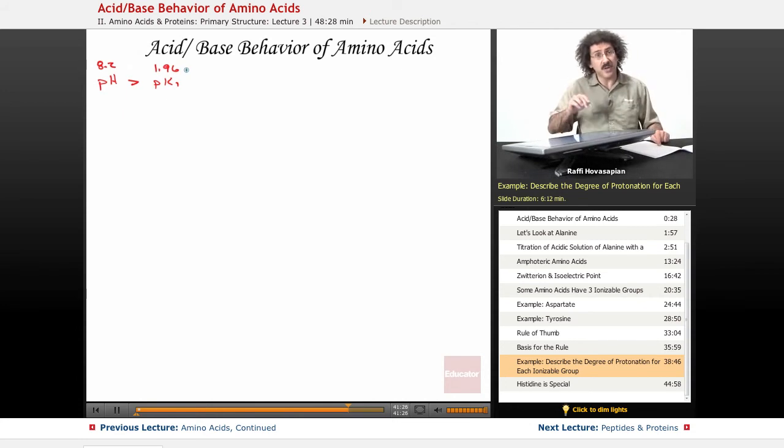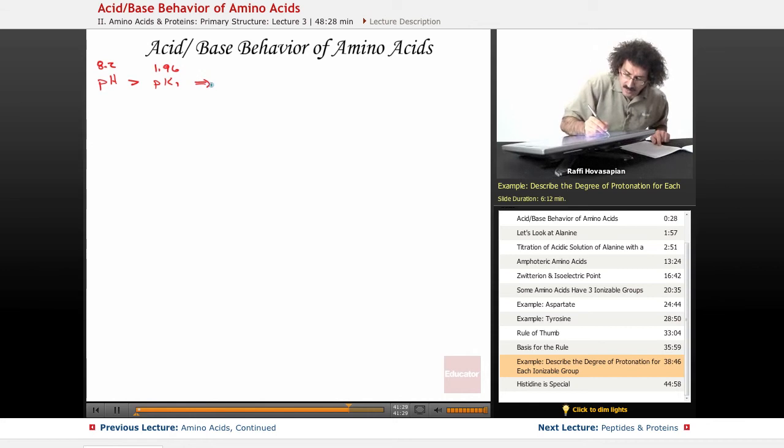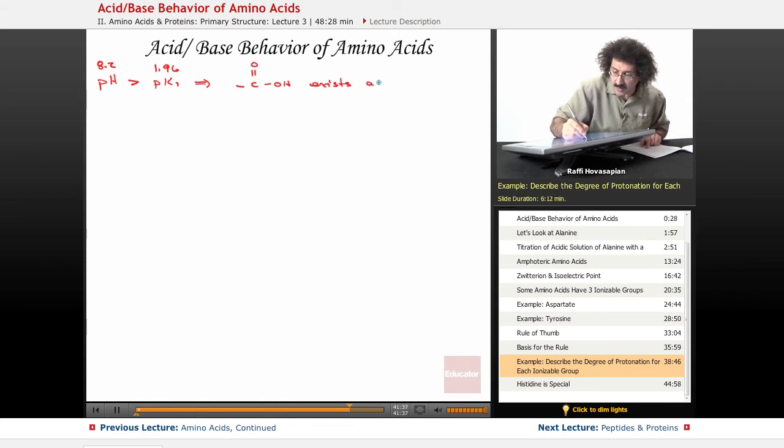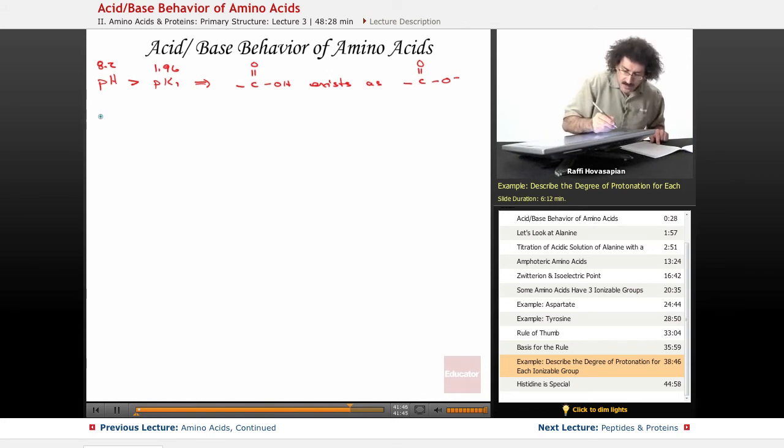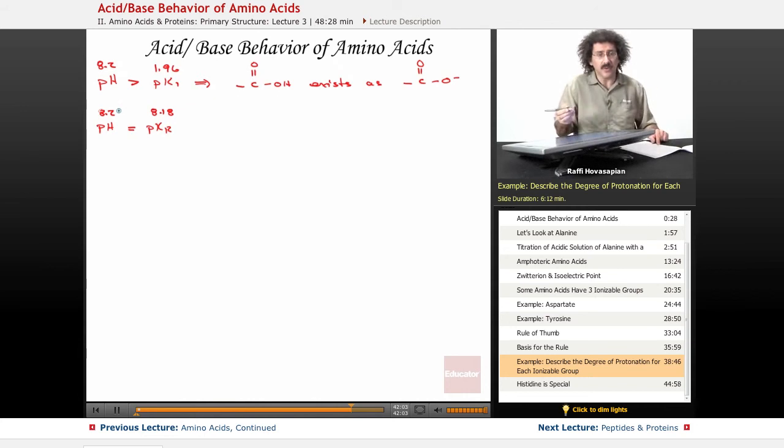Because the pH is bigger than pK1, that implies that the carboxylic acid group exists as a carboxylate group. It's actually been ionized. It has lost its H. Okay, the pH, which is 8.2, in this particular case happens to equal the pKr. That's interesting. This is 8.18. The pH is 8.2. Well, they're exactly the same. So this implies that,